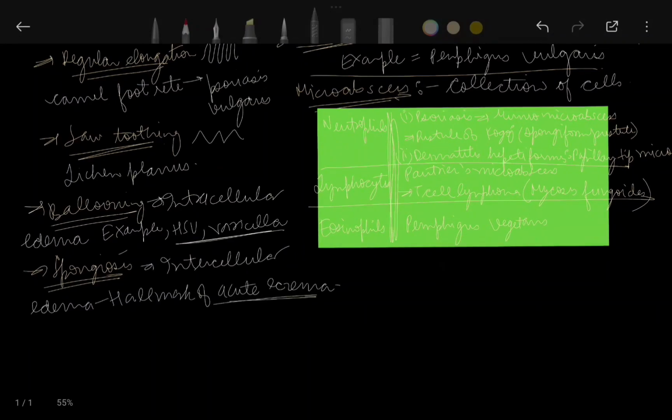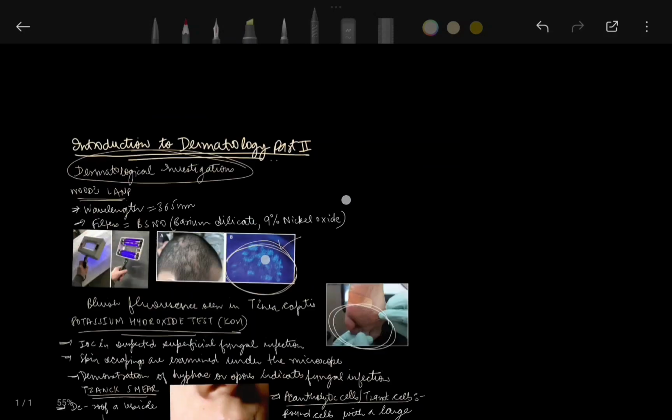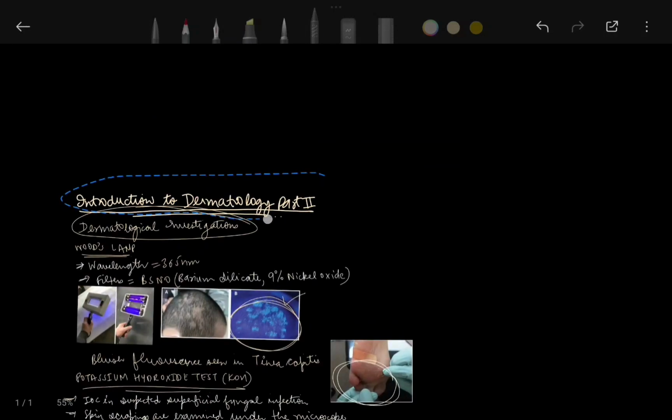Okay, now for the images. I think that we'll have to clear this all. Okay. Now